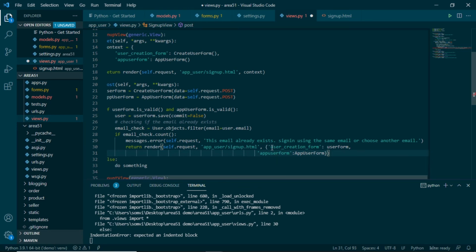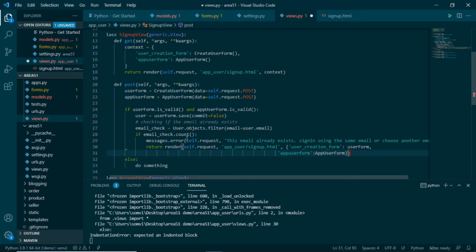In the context, we are sending the user creation form and app user form which we have initiated on the post. Why we are sending this is this email check and maybe some other errors are provided along with these forms that we can see using the error field we have provided already in our HTML page. I hope this is clear.